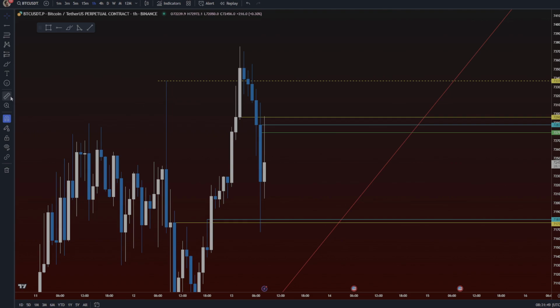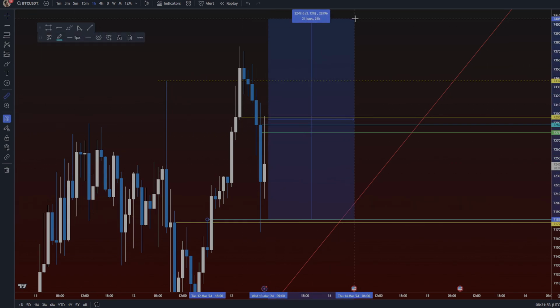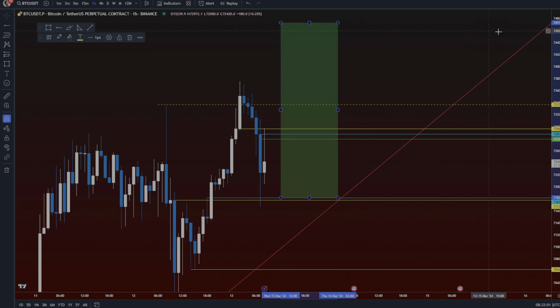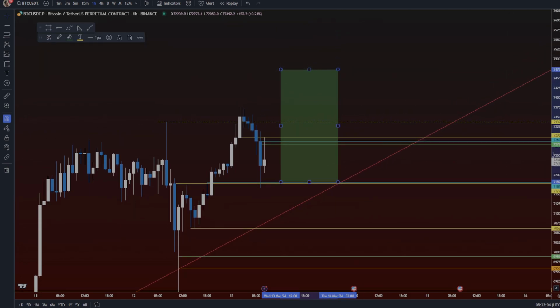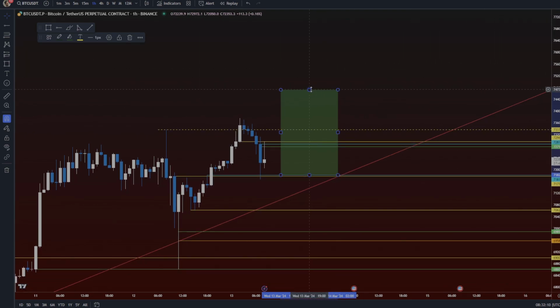So there's a reason to take this long here, because if this long succeeds and breaks this stuff, you're going to rip. This is the point where I think Bitcoin is going to start ripping. It's got to create space from that trend. So if you hit this, I think you can start ripping up to the 77K mark, 76 and a half, 77K. You're going to have a pretty nasty move up, like 77.2 maybe, something like that.